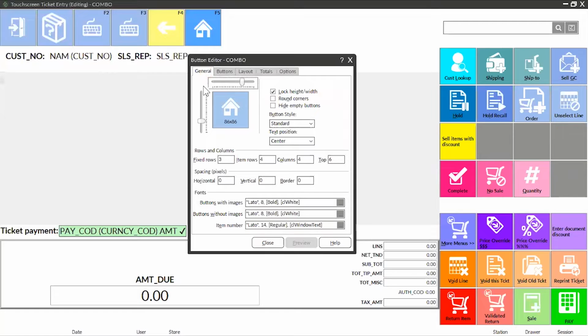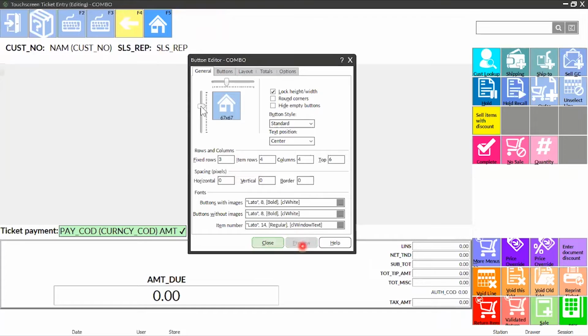On the General tab, this is where we can change our button sizes. The first thing I want to point out is this switch that says lock height width. So what that means is that when I come over to these sliders, they're going to work together. So if I take this slider over on the left, notice the top slider is going to follow the slider on the left. And again, my buttons didn't change until I come over here to preview. So I'm just going to change it back to the way it was